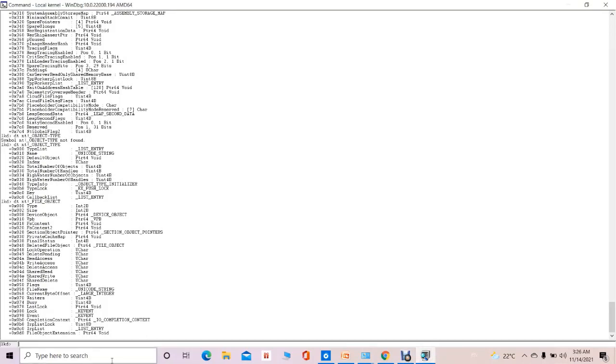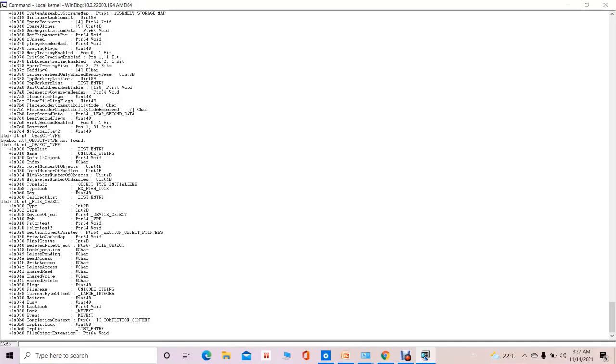So we can get access to the single instance open of a file. This file underscore object is the structure for a particular single instance of a file that is open. So what are the various attributes under this structure?